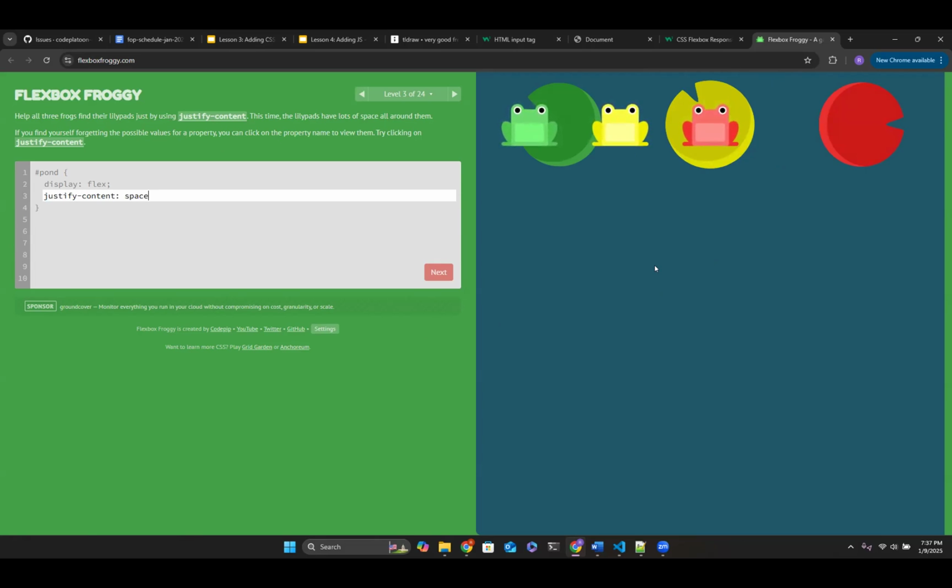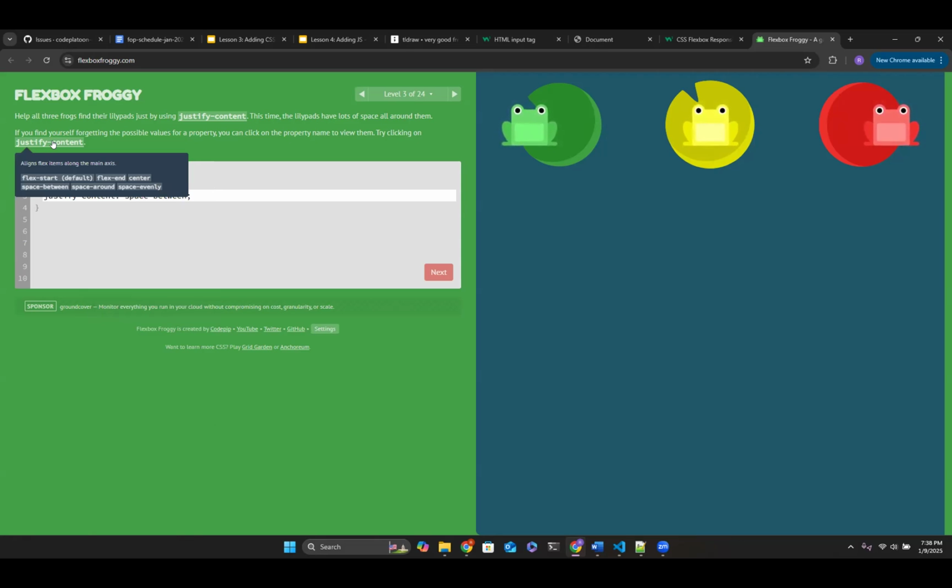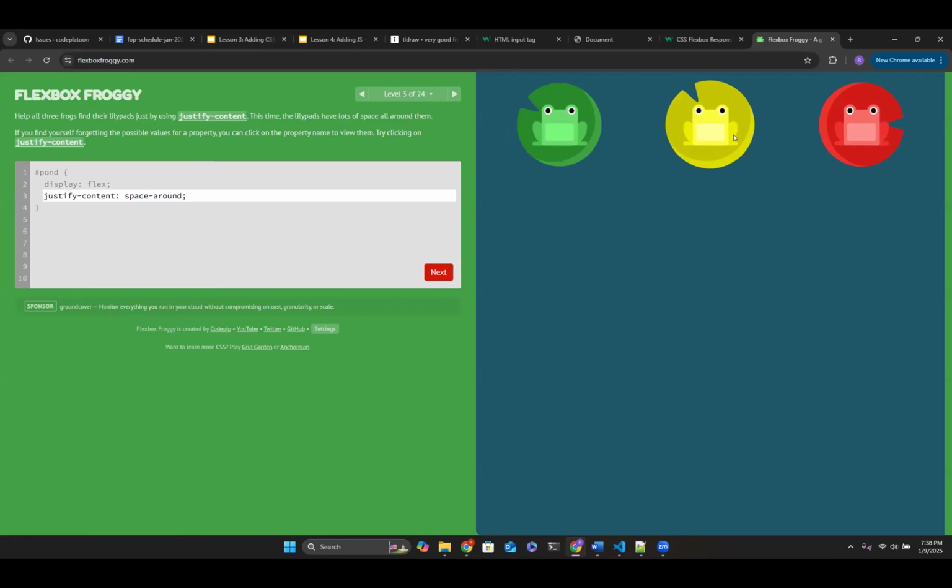But this right here, space-evenly, which is what I was trying to do, can split up your boxes within this div in a much more efficient manner. So definitely do give these a try. This one may not be the best one. I think space-between will work here. Okay. Justify-content: flex-start, flex-end, center, space-between, space-around. There are so many properties and property values that go into these that I tend to forget them.